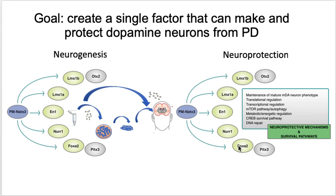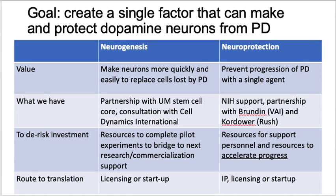And so we'd like to be able to deliver that to patients before they've lost a lot of the dopamine neurons, to save the ones that are present. So we may be able to actually generate a single factor that's able to serve the broad swath of patients with Parkinson's disease. So there's obviously some potential for therapeutic and commercial benefit. And so what we're looking to do then is